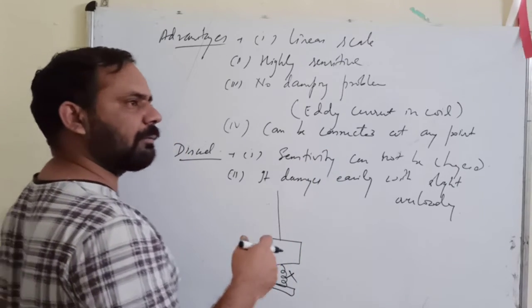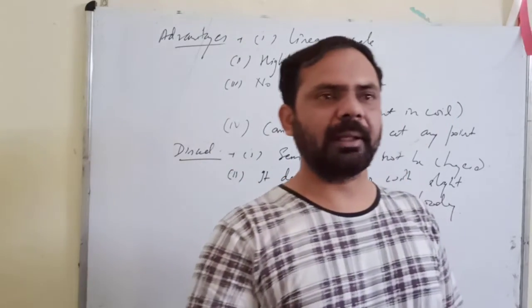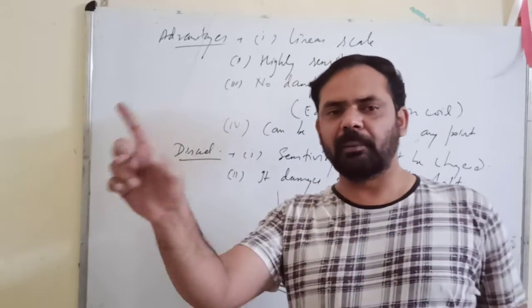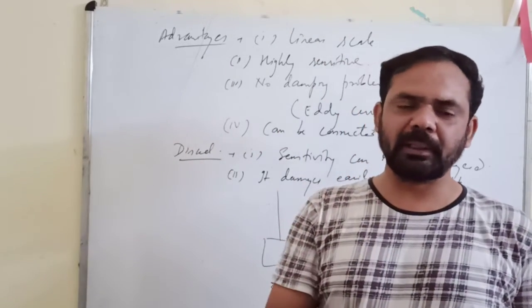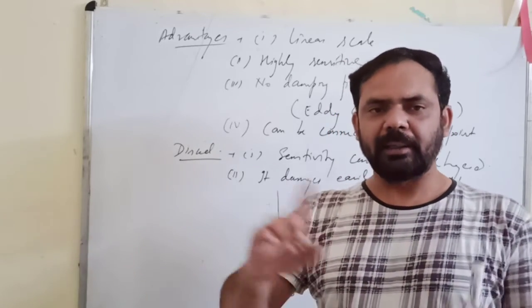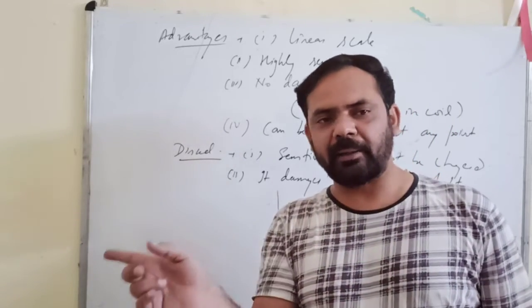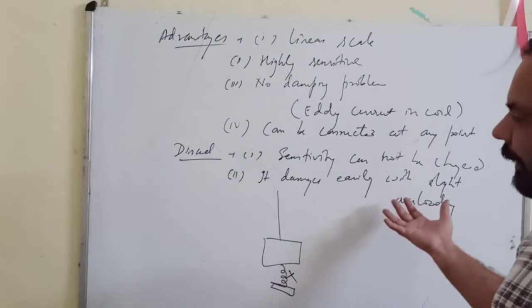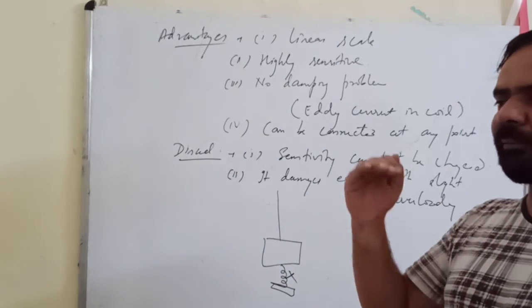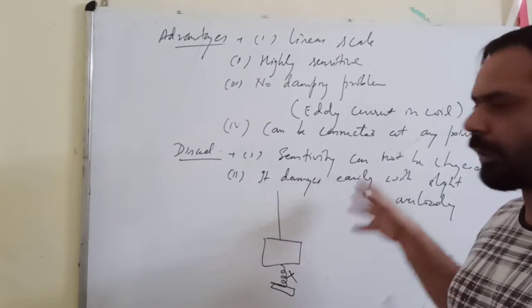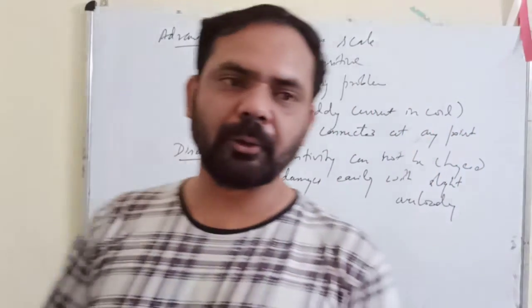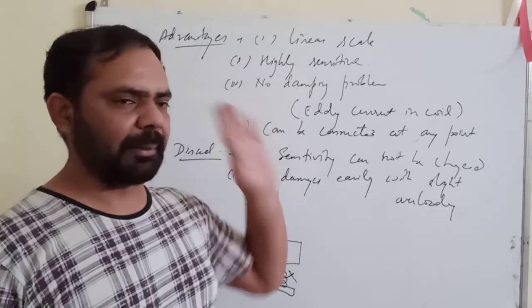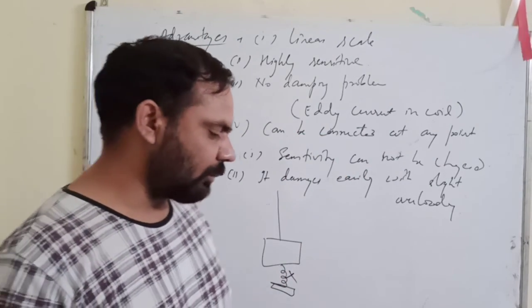Second thing is, if more current is there, what will happen? There will be a large deflection in the coil. If the deflection is large, the pointer will move through a large distance. Then the pointer will hit the end of the scale. It can only go up to a certain limit, and the pointer may break. So these are a few disadvantages, that it is very delicate to use. You will have to be conscious of how much current you are passing through it. It should not go beyond the prescribed value. If it goes slightly beyond that, it is easily damaged. Okay, this was about your moving coil galvanometer.